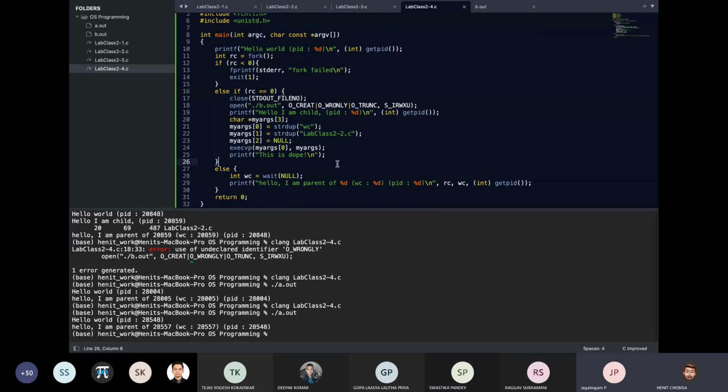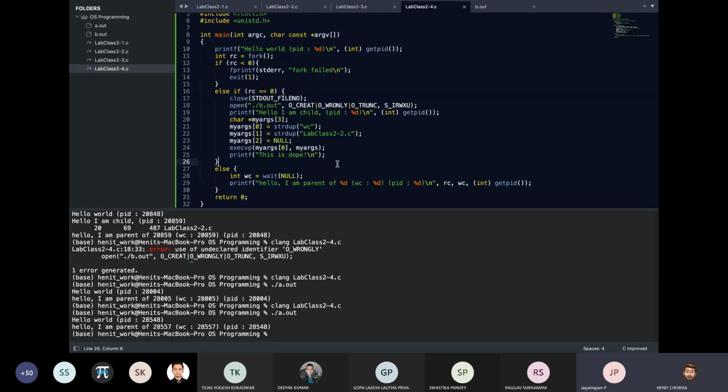Only the child output is directed to the file, not the parent output. The parent output will be as usual on the screen. Okay? So that is what you are seeing in the init case.